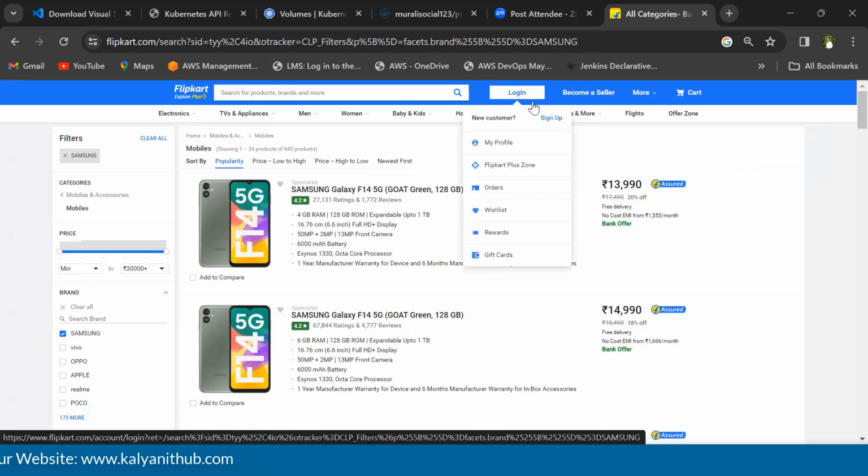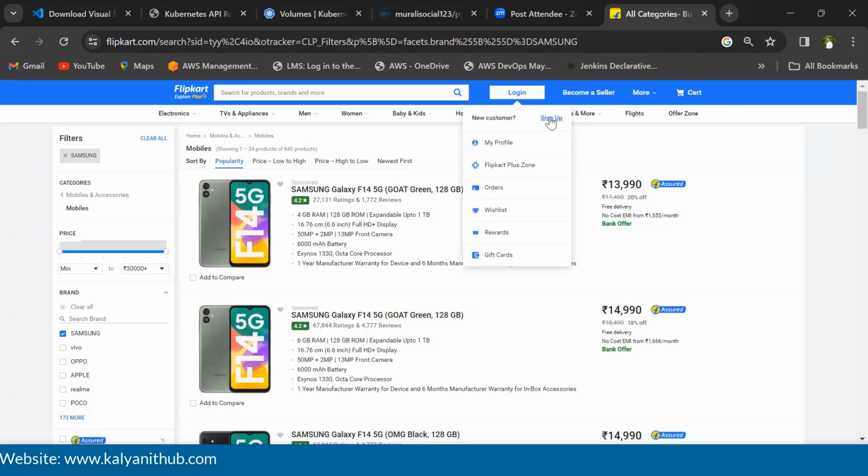The login module basically contains the sign up, where we try to sign up with your phone number or email address, or else you have to provide your first name, last name, username, and password. All these things you provide and click on sign up. It contains the page where we can provide all the information,